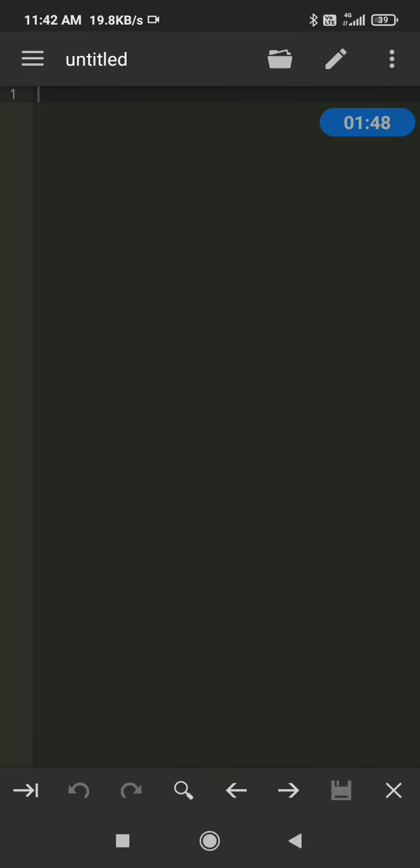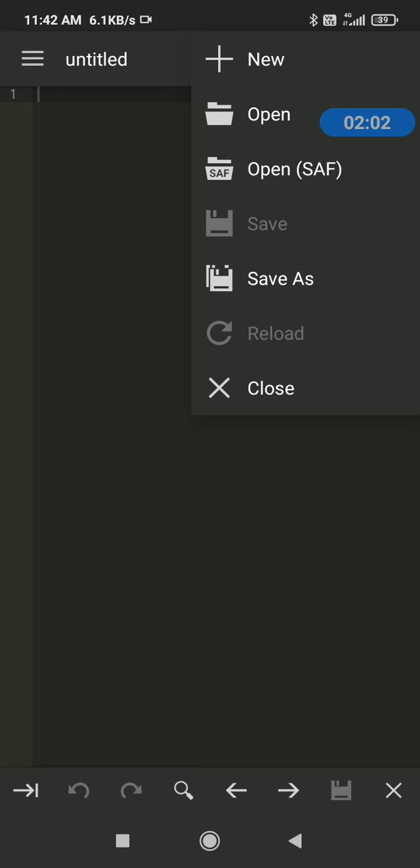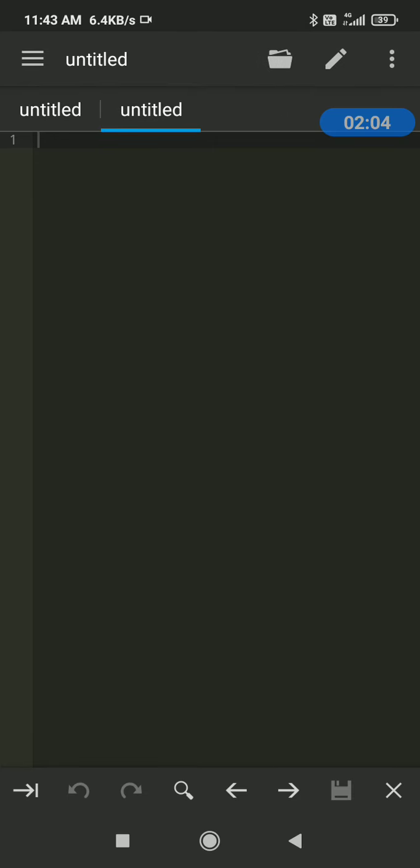The opening interface or the starting page of the code editor will look somewhat like this. To get started with code editor, just click on this file symbol visible on the top bar. So I clicked on it and now you can see a new option. When we click on it, a new file will be created. Now the name of this file is untitled.